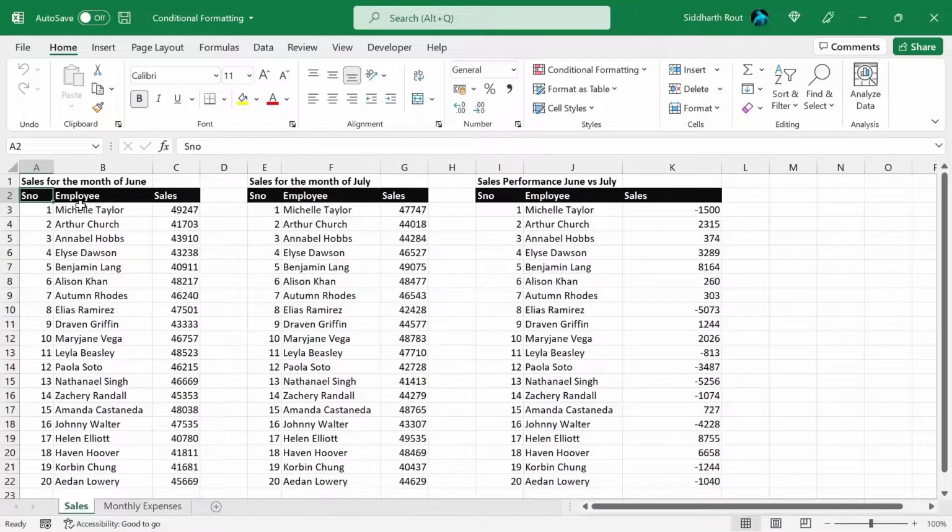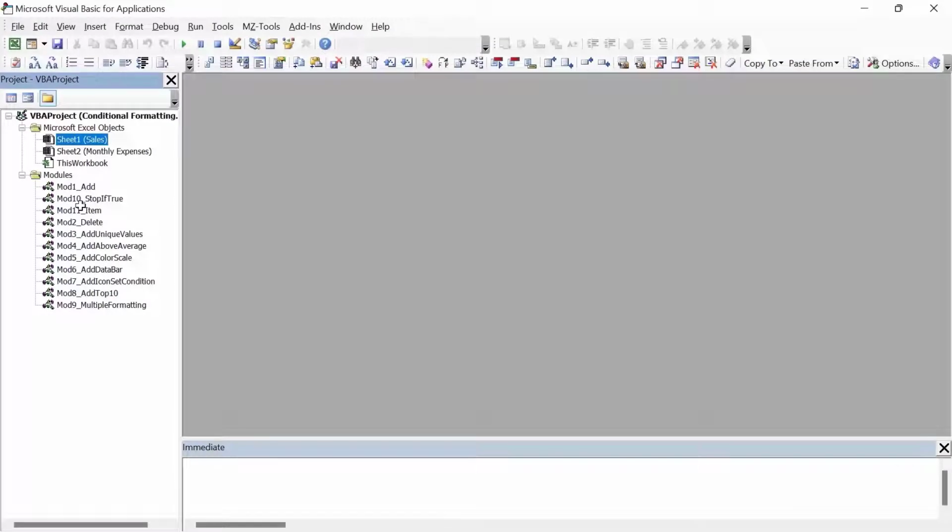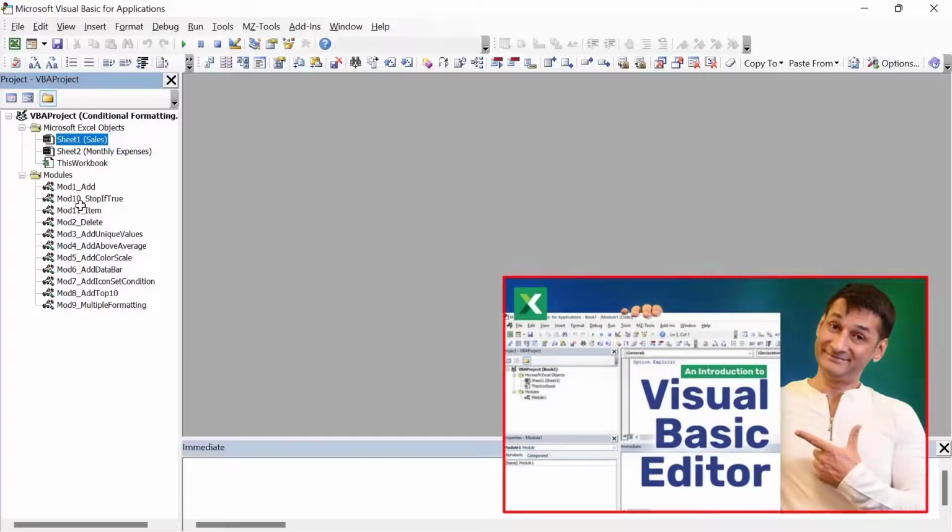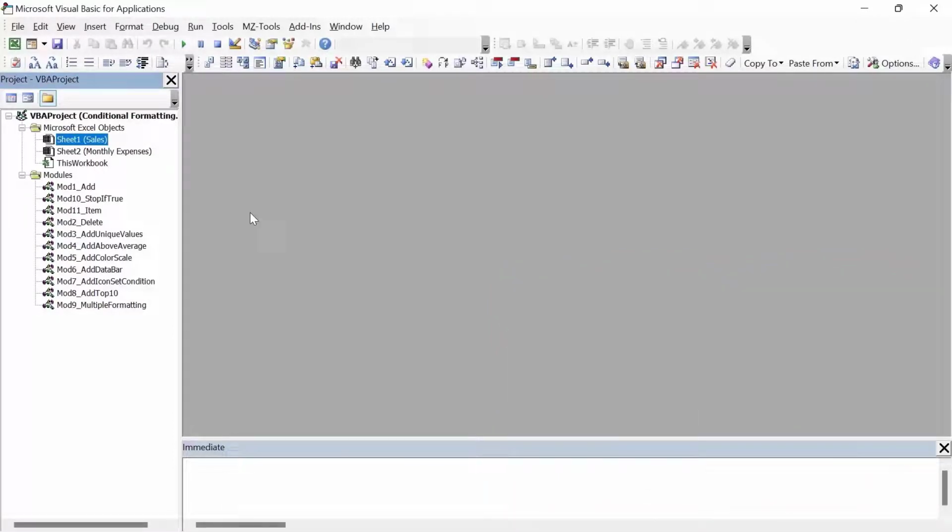Let's launch the Visual Basic Editor by pressing the shortcut key Alt F11. If you're not sure what a Visual Basic Editor is, then I recommend watching the video Visual Basic Editor and Introduction. There are 9 methods at your disposal when you're working with format conditions. And they are